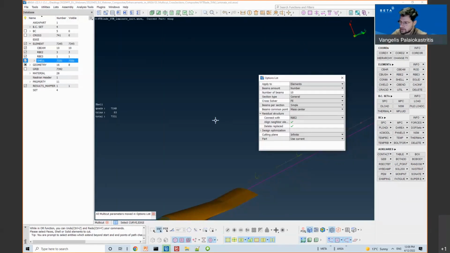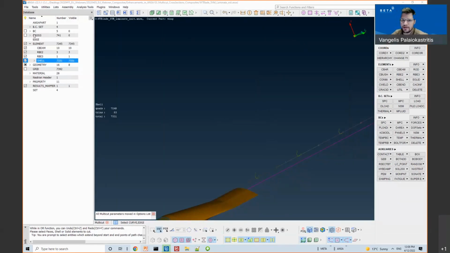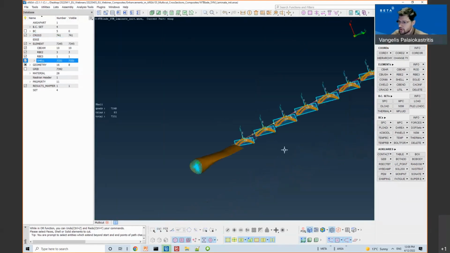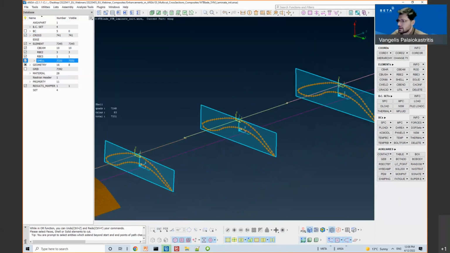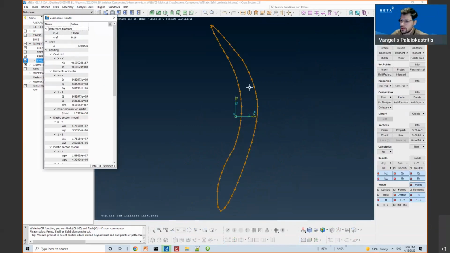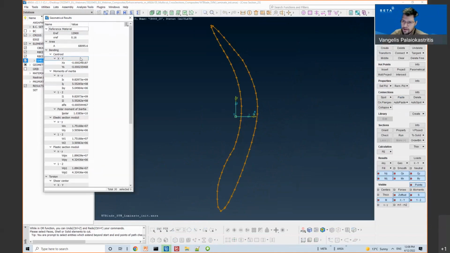So now the multicut is taking place. The cross sections are created. And if I switch to the cross menu, I can see the results.